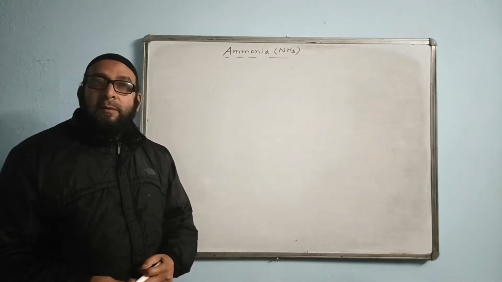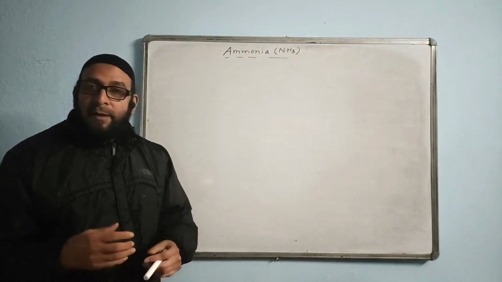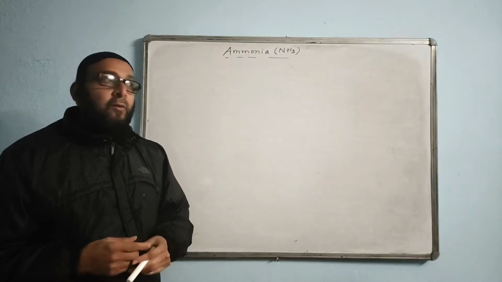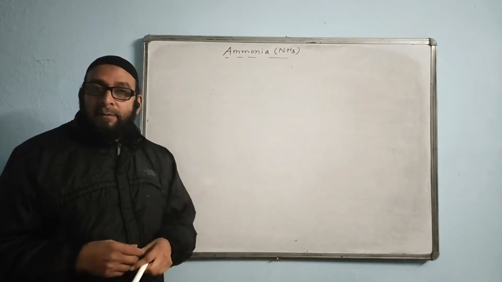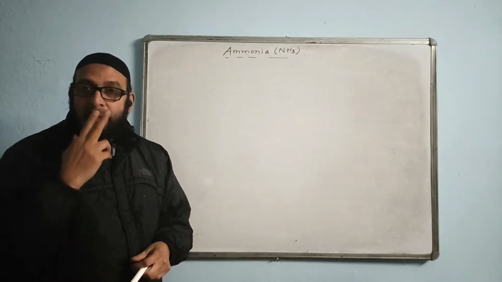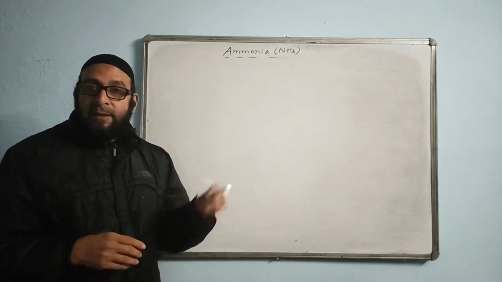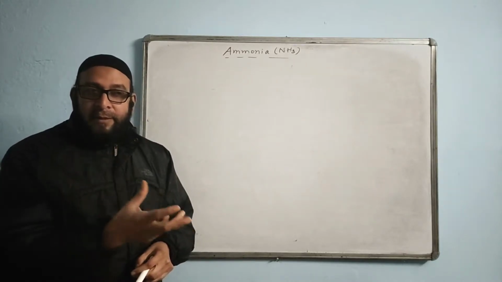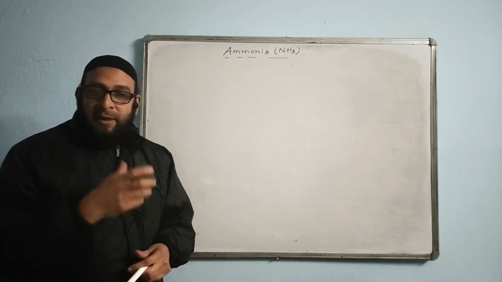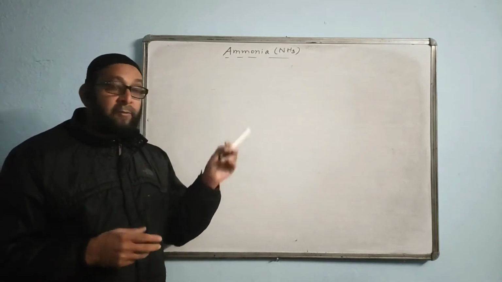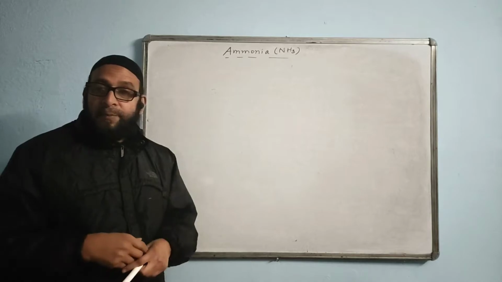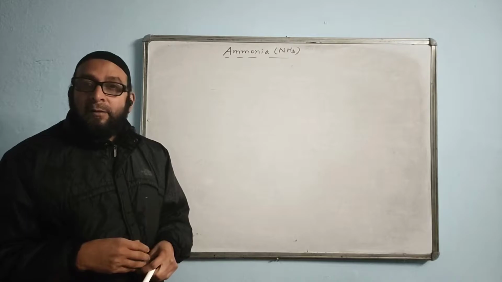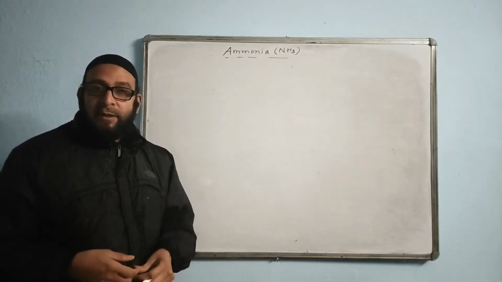Ammonia occurs in nature. The ammonia gas we find in nature free. How? Ammonia has a very strong pungent smell, a nose-piercing smell. Sometimes we get the smell from dead animals, dead bodies, that stinking smell. That smell is nothing but ammonia. A very sharp, nose-piercing smell. Sometimes in the urinal, we get a very stinky, very sharp smell.